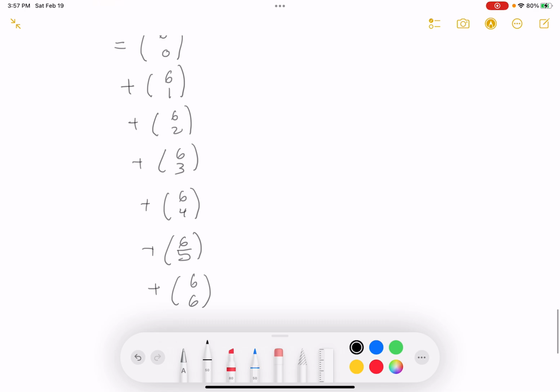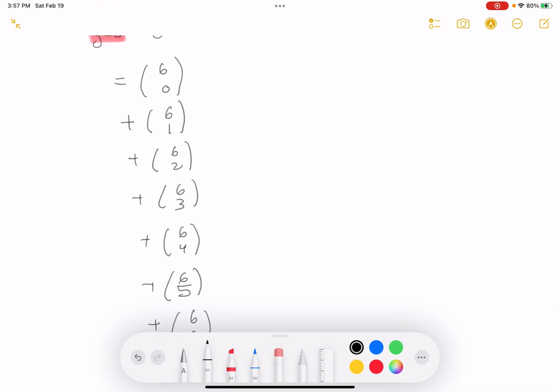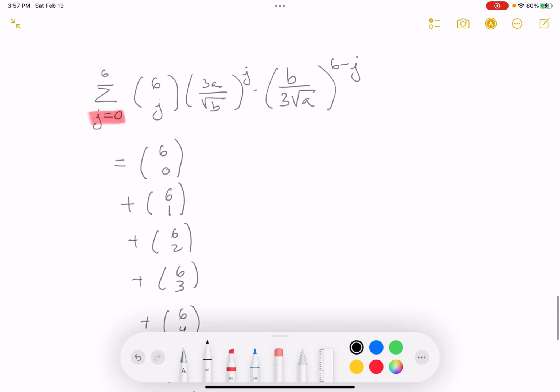I want to point out these numbers here are really the numbers from Pascal's triangle. It's the 7th row, right? So it'll be 1, 6, and so on. So the next thing I put down is I just take this next factor, this is 3a,